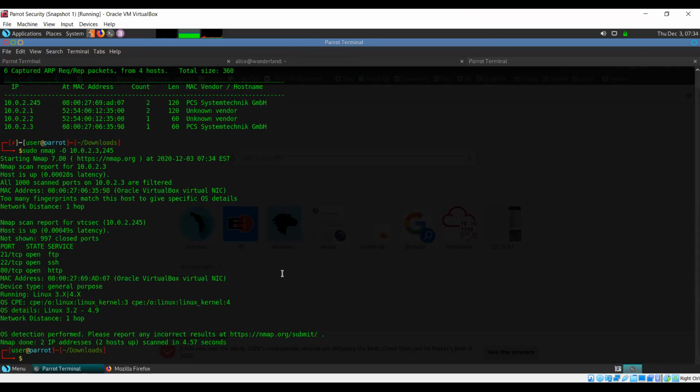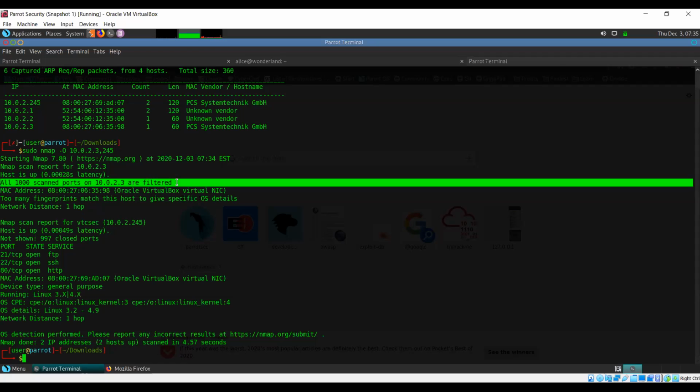Out of these two devices that we have, for 10.0.2.3, it's telling us that all ports are filtered.